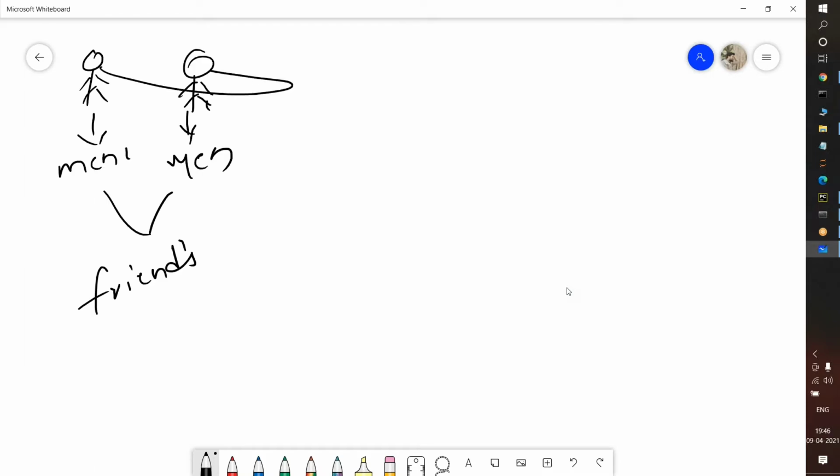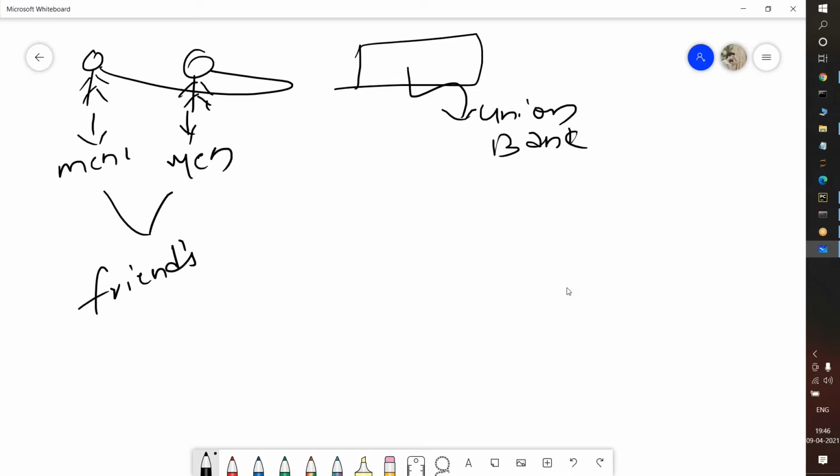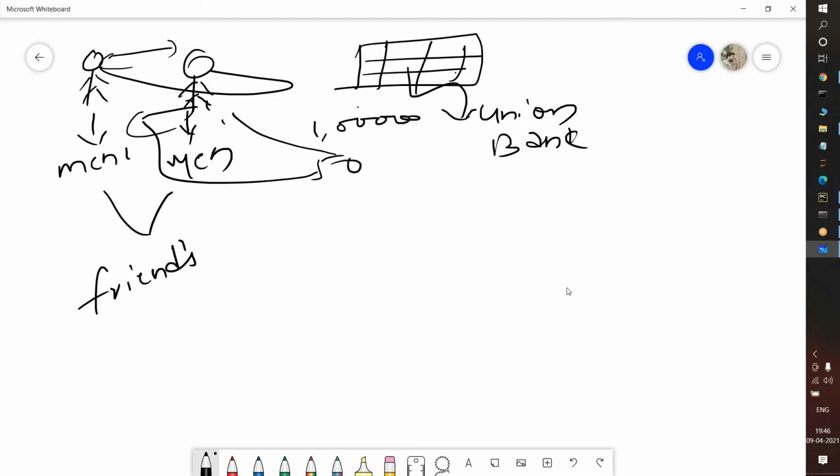They are thinking that they want to rob a bank. They want to collect all the money from the bank. Suppose here is a bank, I am calling it Union Bank. They want to rob this bank. Before going to the bank, they will have a clear understanding of how to rob it. So they went to the bank and robbed everything, and they share the money. Suppose they collected 1 lakh from the bank: 50,000 goes to men 1 and 50,000 goes to the second person. One person will go to a state like New York, and another will go to San Francisco, suppose.